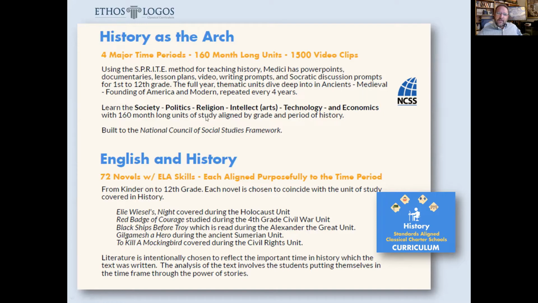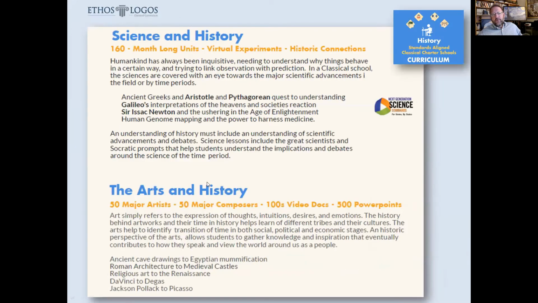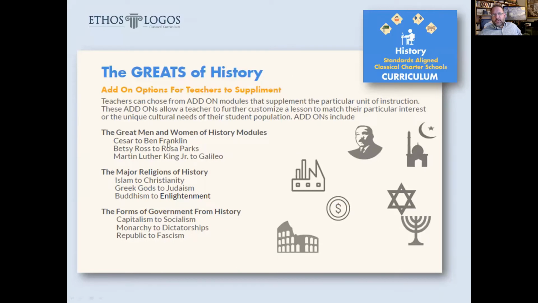And then, of course, we tie in the English novels to the time period, so they get to hear from a story point of view what it's like to live, like we take Elie Wiesel's book Night when we're studying World War II and the Holocaust. You can actually feel and see what that's like to go through that process. And then again, science connects back with history, and then the arts connect back with history. So again, all these pieces keep intersecting and keep interweaving, and they'll have a whole series of these curriculum cards